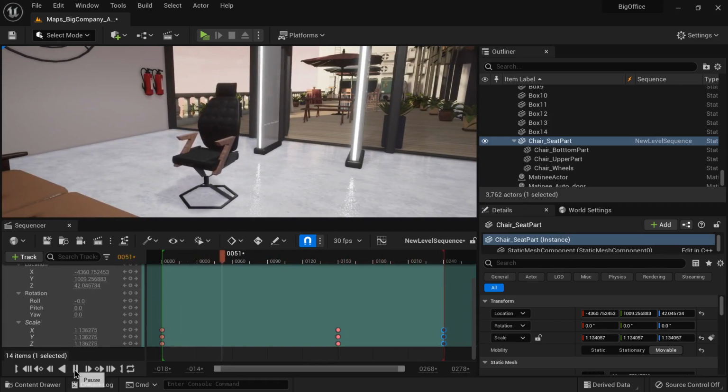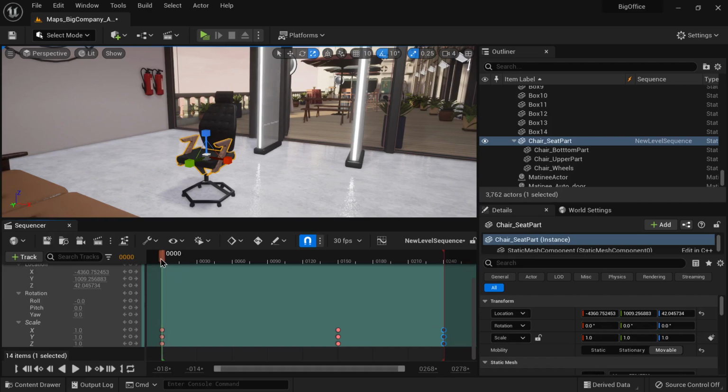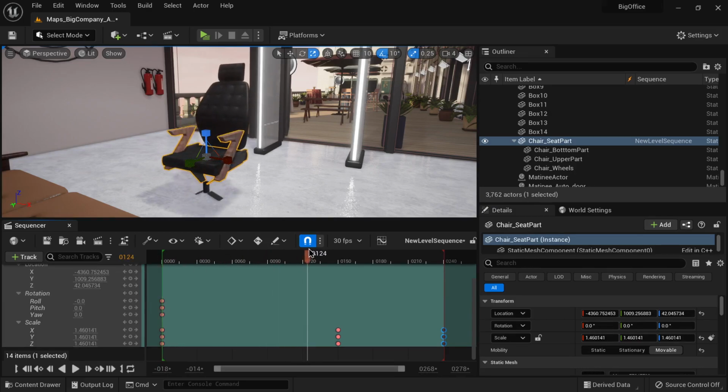Again, we can add the rotation and transformation at the same time. So I can add the rotation. I will have to record and add the keyframe. So this is the current rotation. I want here to rotate it,